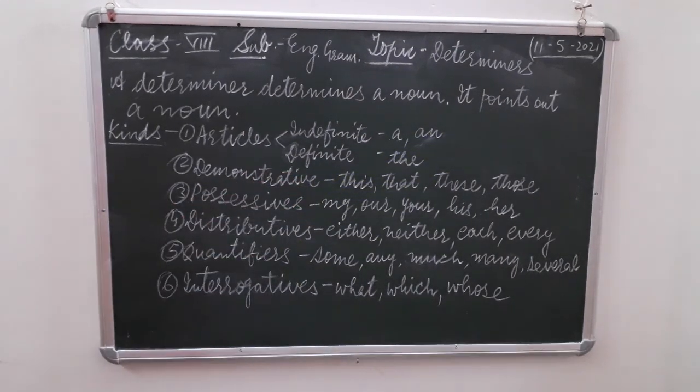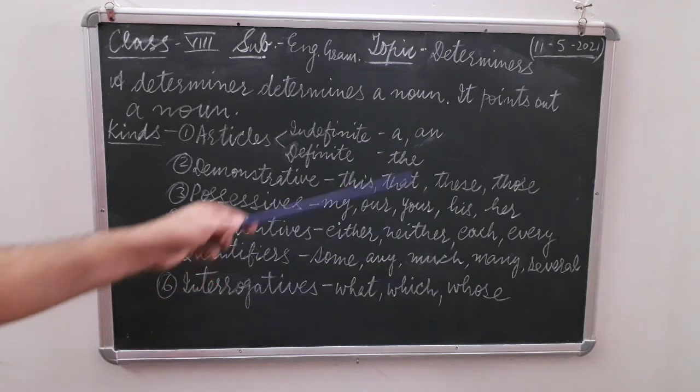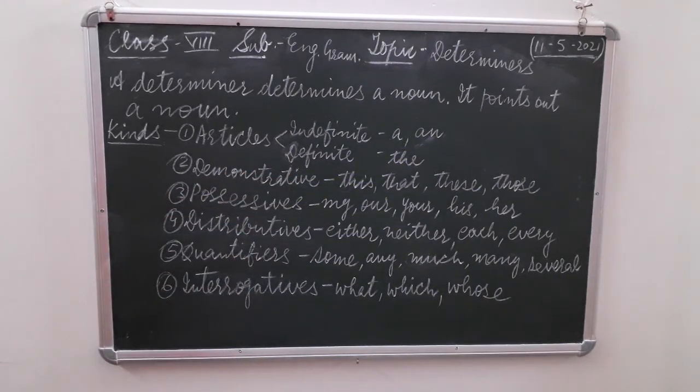Next, article an. As I told you, article an is used before vowel sound. For example, I have an eraser. It is starting with e, an eraser. But remember that if some other words are starting with a consonant, but the sound they are giving is a vowel, they will also start with an. We will add an here. For example, he is an honest man.